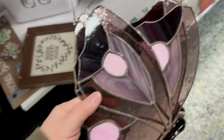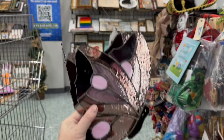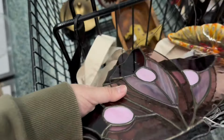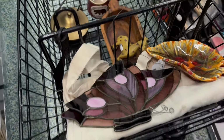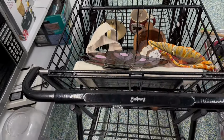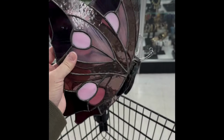There's George Foreman. I love George Foreman. We've spent a lot of time together, me and George. All right, I'm pretty sure, yeah, it's $6.99. I'm going to grab these. I get 2 of them. They look old. They're going to look gorgeous in somebody's window. My job is just to find the stuff, and then somebody else who has the space can hang it on their windows and enjoy it. But yeah, love